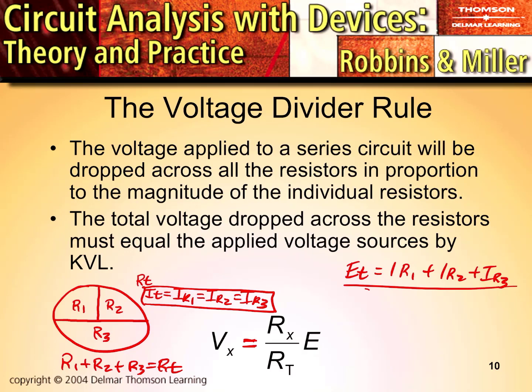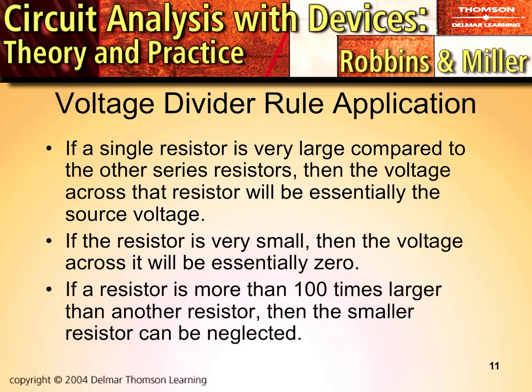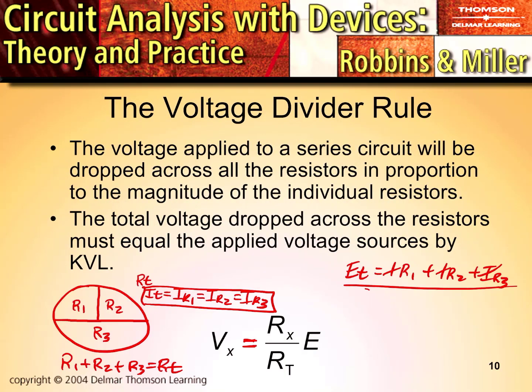Because we have the same value of current, we can take it out of each one of these factors to tell us that with that being the case, each one of the voltage drops has to be directly proportional to the value of resistance. So what does that mean? We can say that because each one of these is being multiplied by the same value of current, IR1 has to equal IR2. It's proportional to the resistance. IR1, which is the voltage of R1, added on to IR2, which is the voltage of R2, has to equal